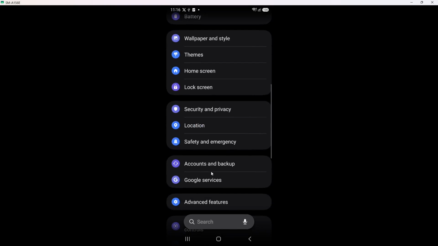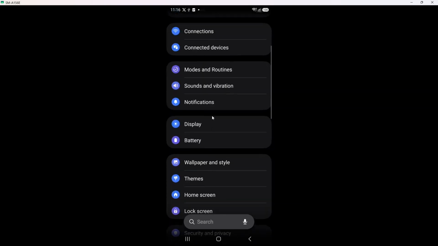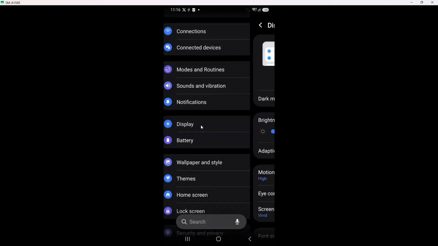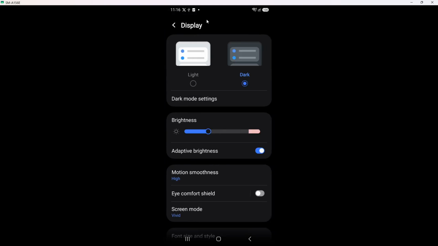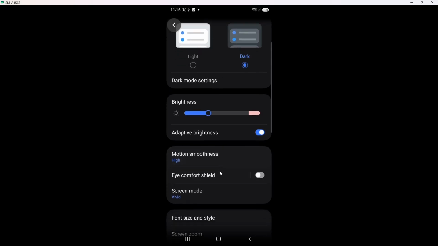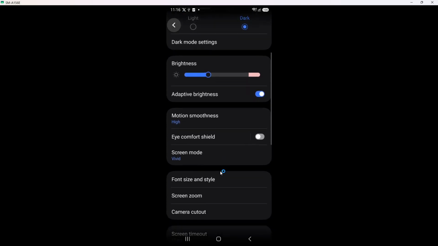Once you are in Settings, tap Display. This section controls how everything looks on your screen, including brightness, screen timeout, and text size. When you tap Display, the screen will change to show options like brightness, dark mode, and sometimes screen resolution. On many phones, you might need to scroll a little bit to see all the display settings. If you do not see display right away in the main list, look for it inside a section like Appearance. The key is to open the option labeled Display.